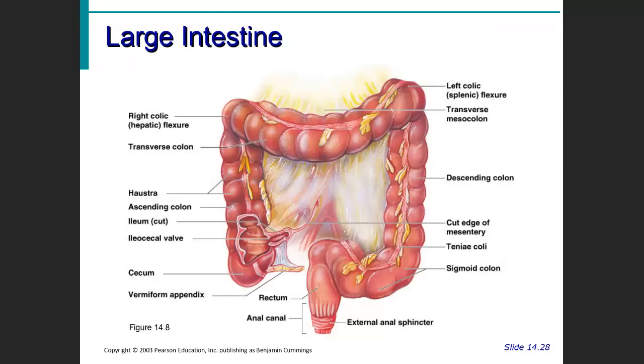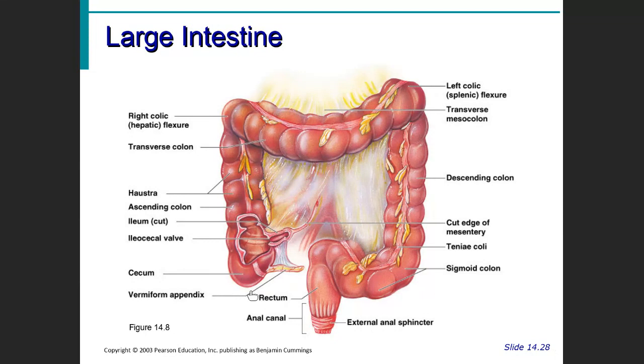Then we get to the next slide here. Your large intestine. Now, your large intestine is also known as your colon, and you can see that the small intestine empties into the large intestine at the ileum of the small intestine. There's a little valve there. Now, you notice that the large intestine here, if I can show you with my little pointer, right there, has a sort of a dead end here. This tube here is where the small intestine is emptying into the large intestine, and this little dead end